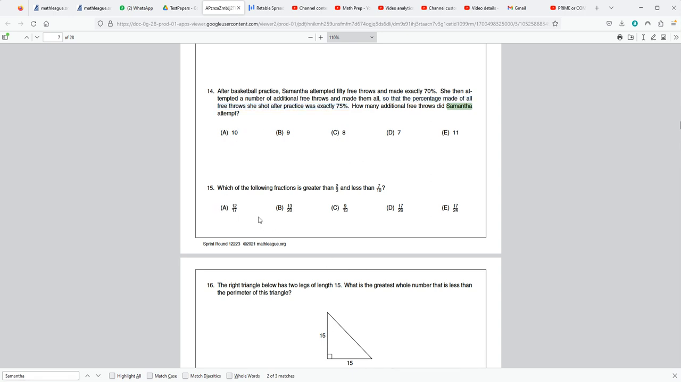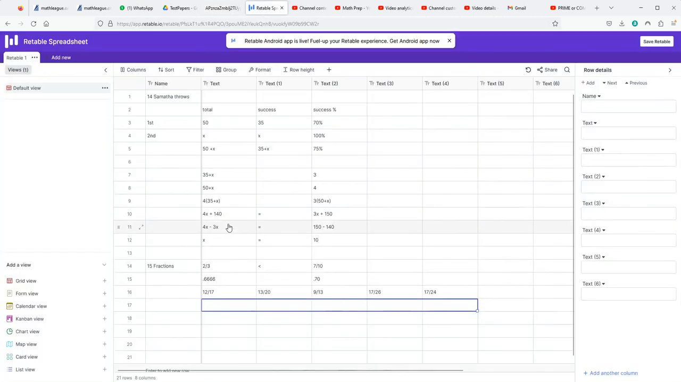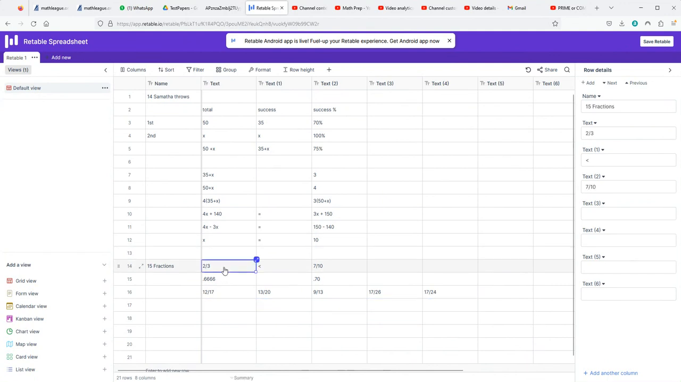Okay. 15th. Which of the following fractions is greater than 2 over 3 and less than 7 over 10? Okay, so this is how we need to do this problem. We need to find what is 2 by 3 and what is 7 by 10 in terms of decimal. And then we have to find out the values of these fractions in decimal and compare them. How do we do that? Here's an example. So we want to find a fraction which is greater than 2 by 3 but less than